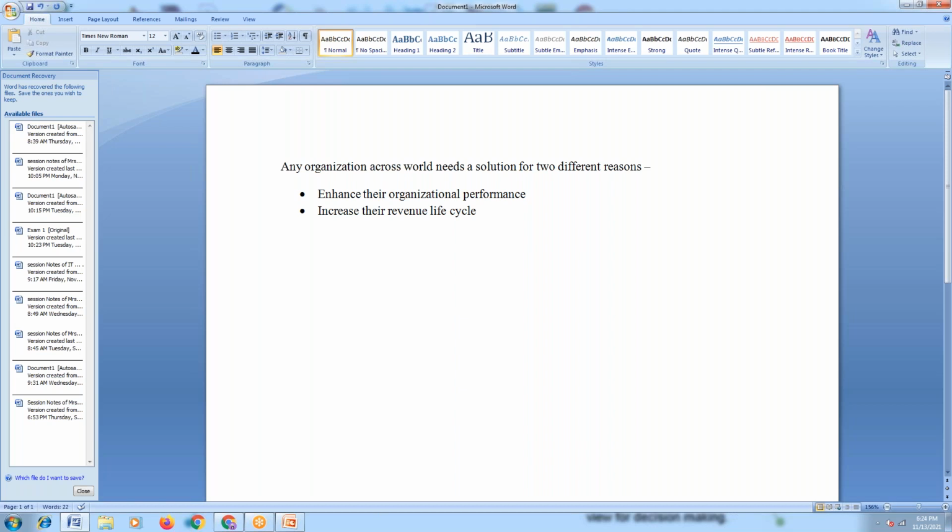One, either you want to increase or enhance the organizational performance, because if you want to structure your organization so that you can enhance it in a proper way, business continuity and business agility are required. In order to increase the value of the business, whatever enhancements we want to have in any organization, organizational performance is required. So payroll management we are using for what reason? This is for managing your employees, isn't it? Right, so that is what the payroll management system is being used for.